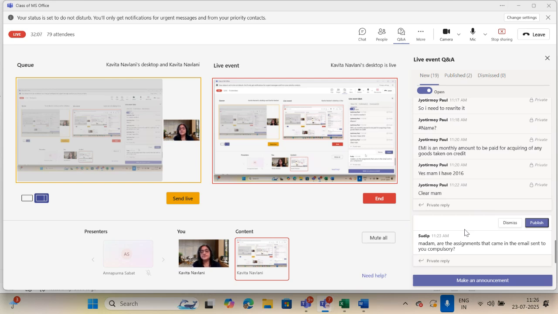But can you give me the explanation of inflow and outflow? As the name suggests, because we are accountants, definitely we know these terms. From the very beginning we are learning commerce. We all are commerce students, so we learn a lot. Inflow means the amount which comes in. Outflow means the amount which goes out.